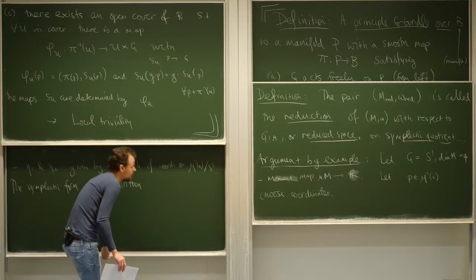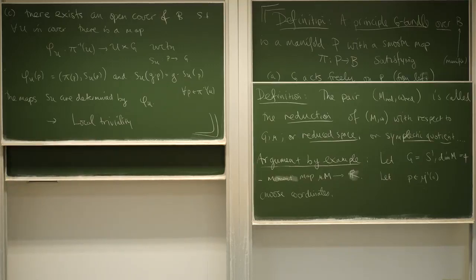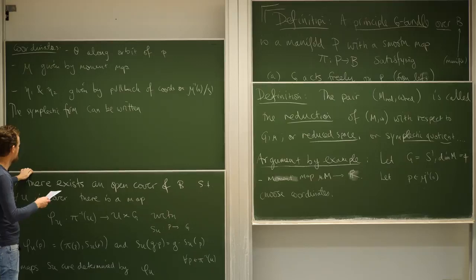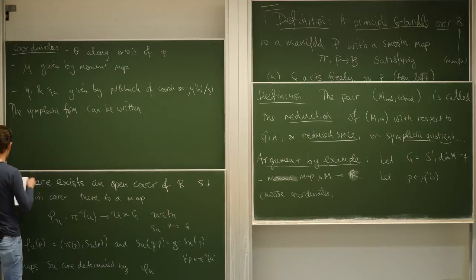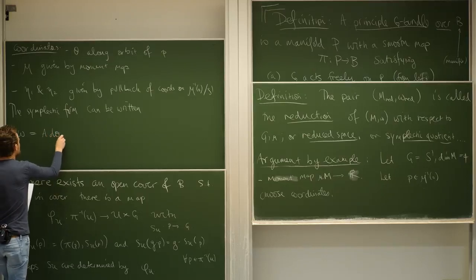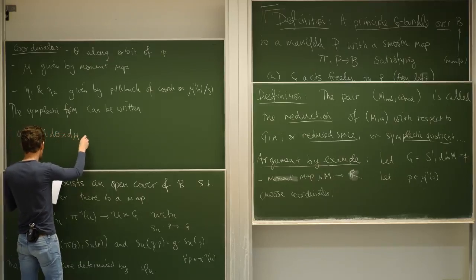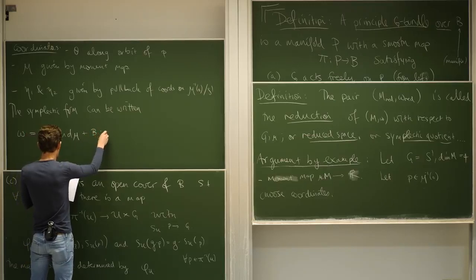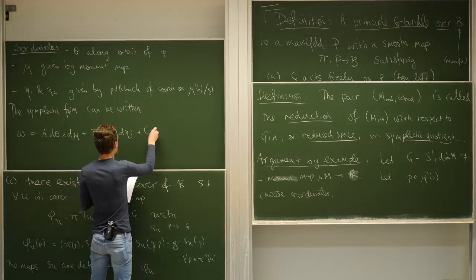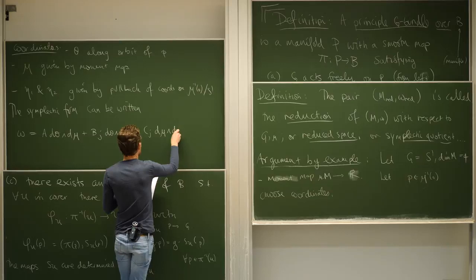So you can write the symplectic form on M now. We've got coordinates. Just write out the most general symplectic form possible in terms of those four coordinates. So the most general symplectic form on a four-dimensional space in terms of some bunch of coordinates is this: A dθ ∧ dμ plus B_j dθ ∧ dη_j plus C_j dμ ∧ dη_j